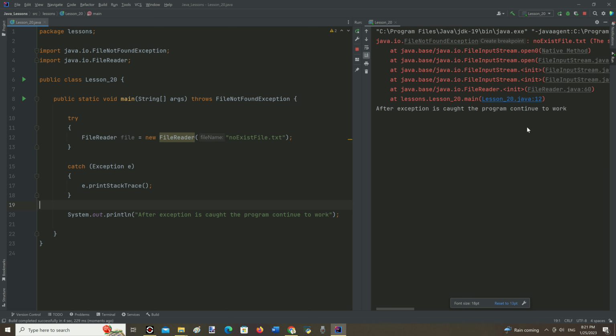And we can see the exception is successfully caught in the try block of code, and the line of code inside the catch block prints detailed information about it into the console with the indication in what class and in which line this error occurred. And the program continued to work, performing the code on line number 20, for example.